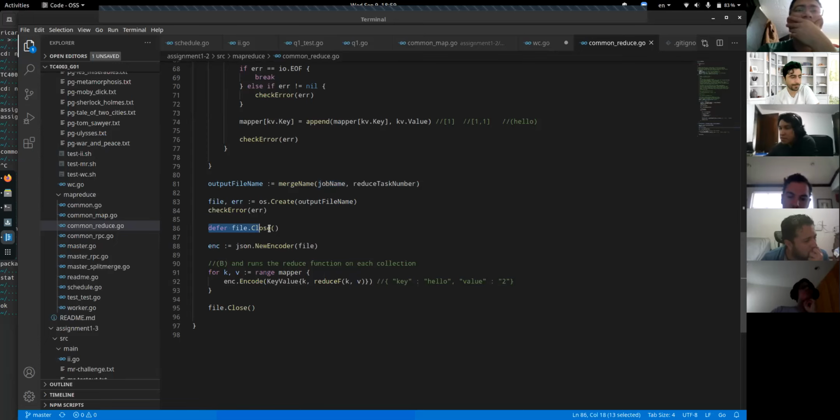Again, we call this defer function. Once we finish with this instruction, with this file, it's going to close it automatically. We create this new encoder for us. I think it was required for us to have this new encoder in the merge part, and we traverse through the map that we created before. That way, once we have, for example, the key "hello",